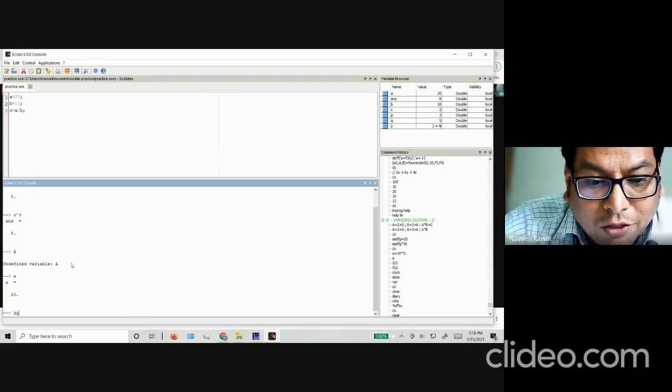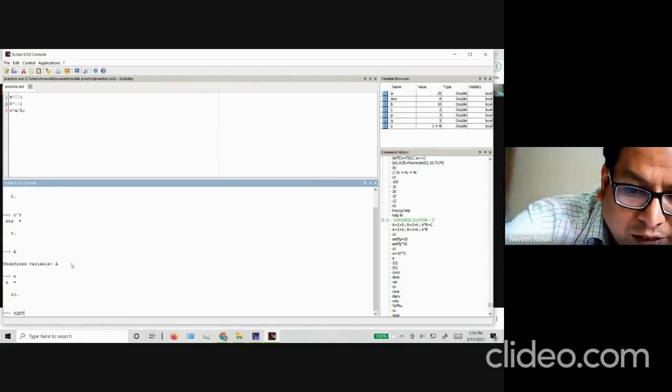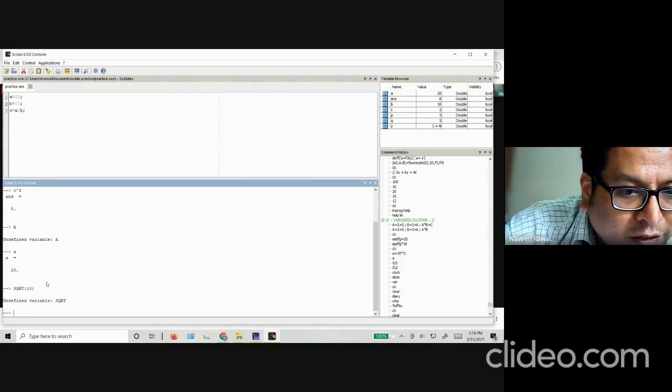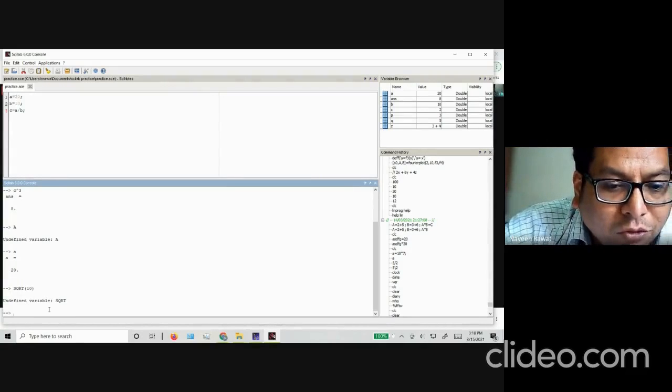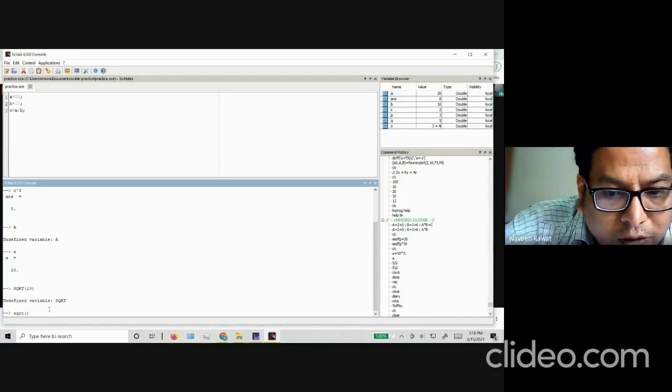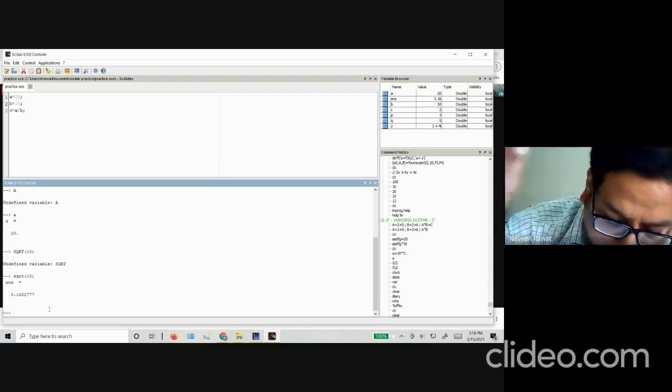So if I type SQRT in capital letters and I want to calculate something on square root of 10, it won't understand what you're typing. Whatever commands that I've entered until now were all not in caps. They were all in shorthand notation. That's another thing you should remember.